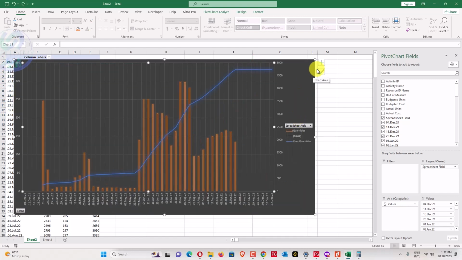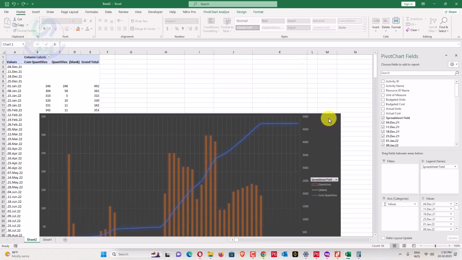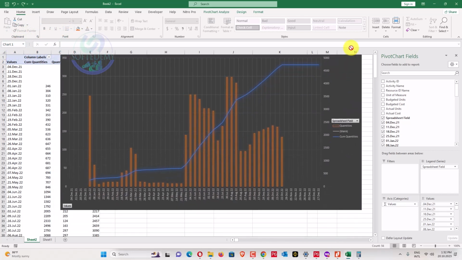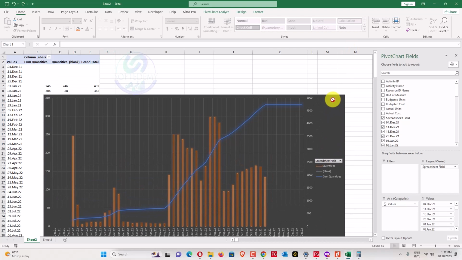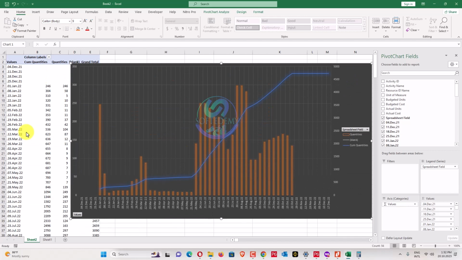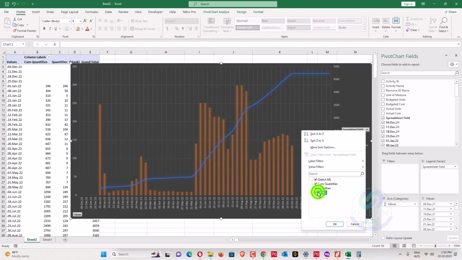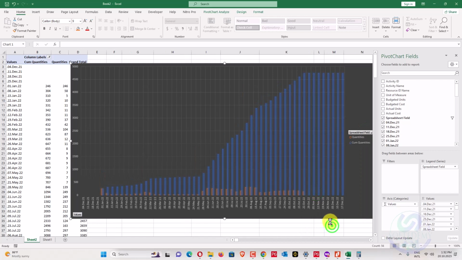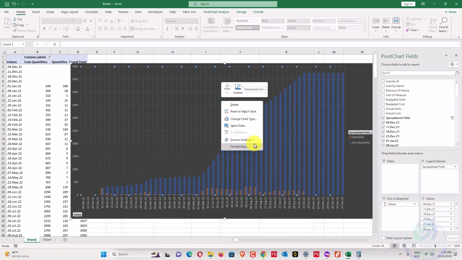Okay, there were some blanks, so we'll just do quantities with blank. So cumulative quantities, and what is the blank? We'll go here, remove the blank from this filter, and now we'll go here.